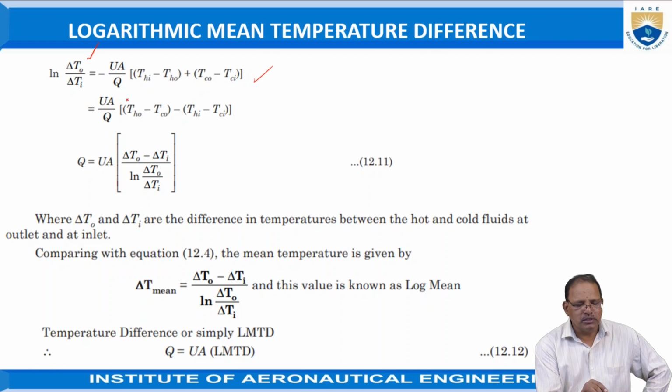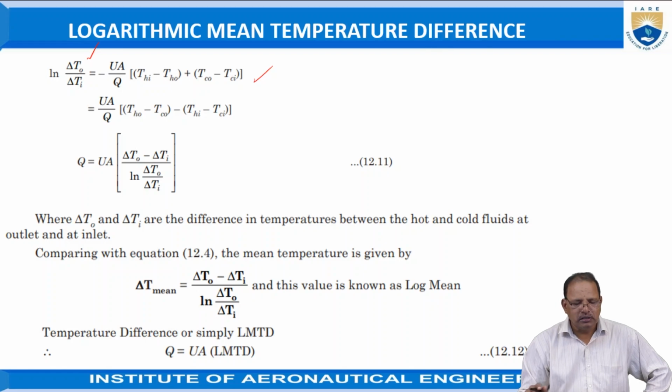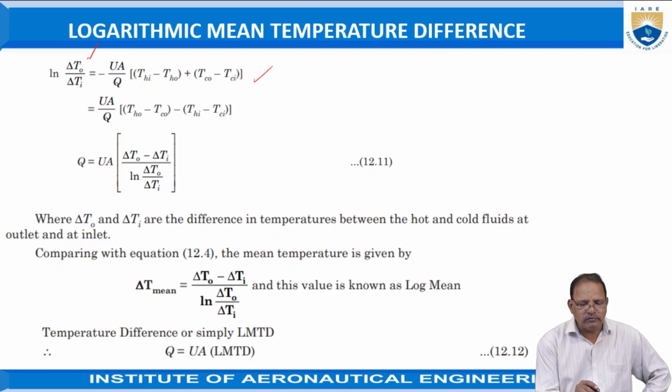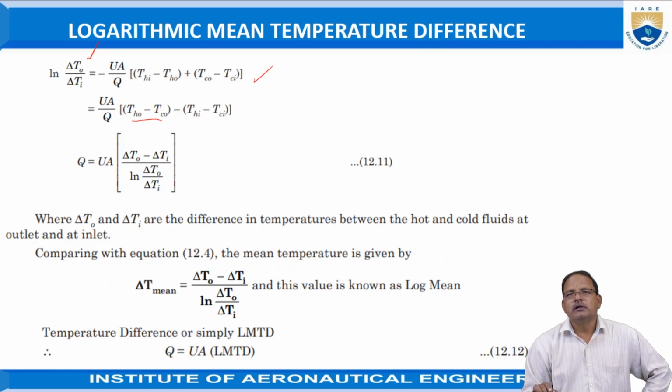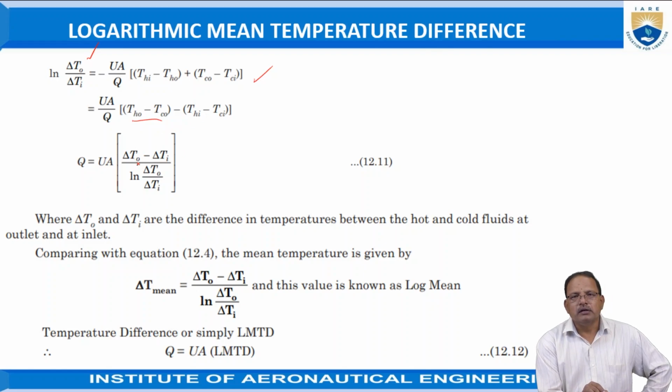Or it can be written as UA divided by Q into (T_ho minus T_ci, representing the temperature difference at the inlet of the exchanger, minus T_hi minus T_ci, the temperature of the hot fluid inlet to the inlet of the cold fluid). These values we already determined, so this is equal to UA into (delta T_o minus delta T_i) divided by log of delta T_o divided by delta T_i,